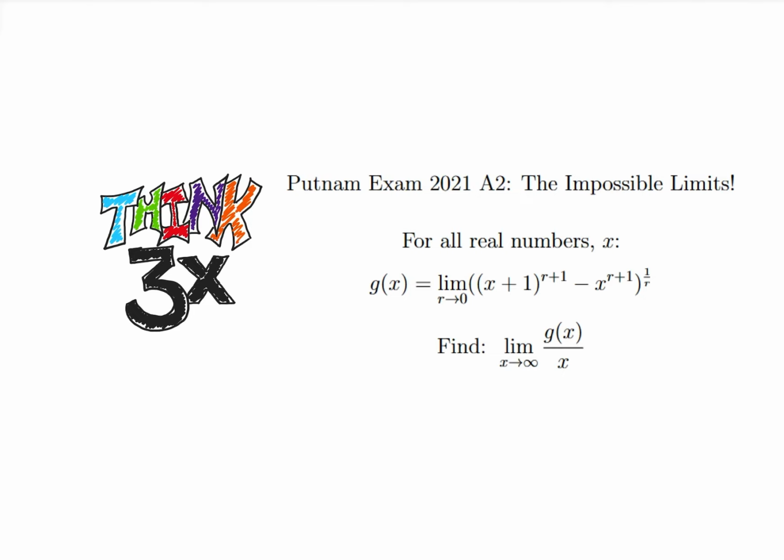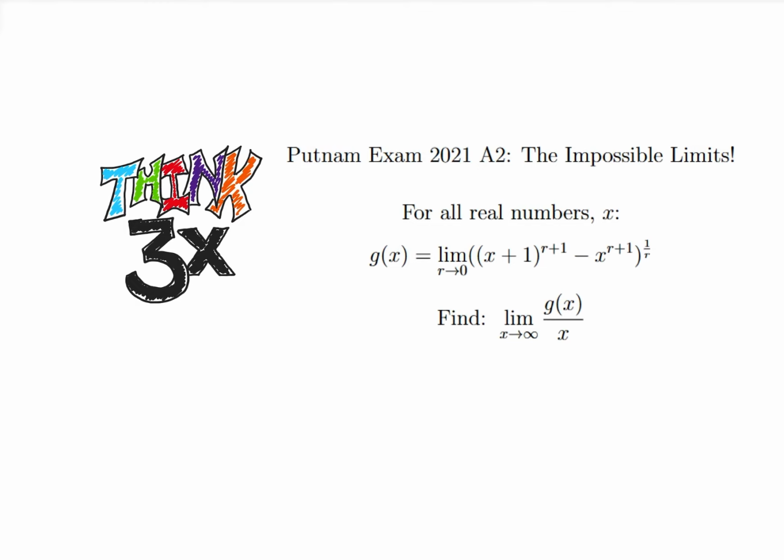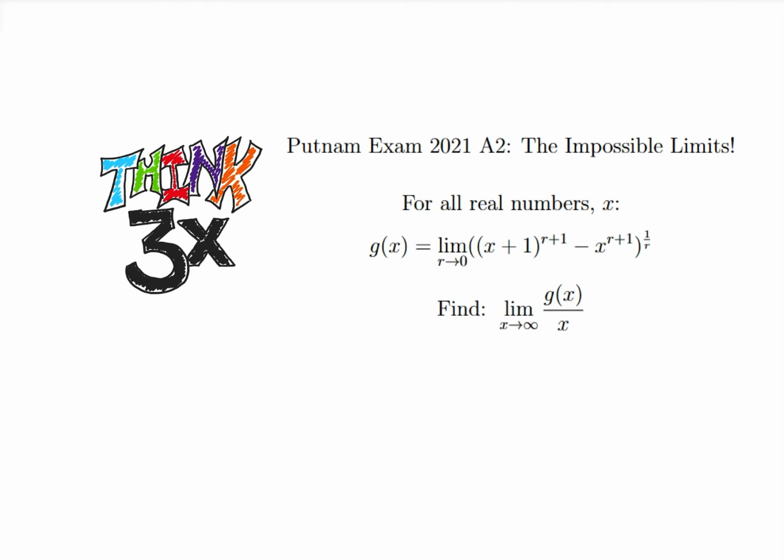So the first thing we're going to do as we look at this is notice that we see exponents on the right side. So we see this function of r raised to the 1 over r power. That 1 over r is pretty nasty. A lot of times when we see problems like this, we should be thinking natural log. So let's see what happens to this if I take log of both sides. I take log of the left, and the log of the right is the same, so let's take the limit as r approaches 0